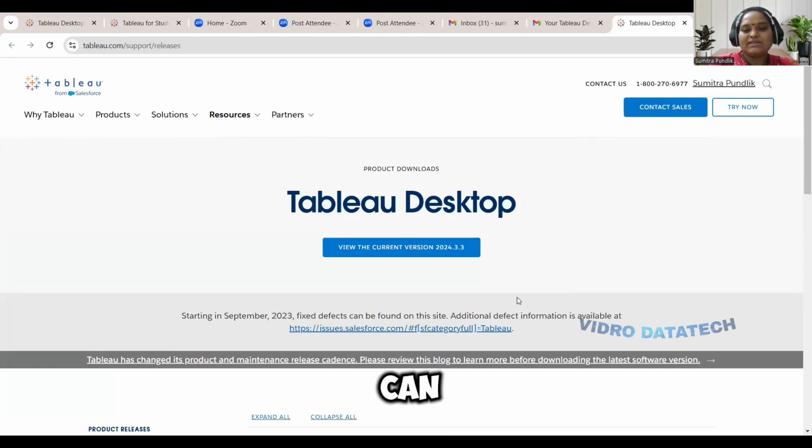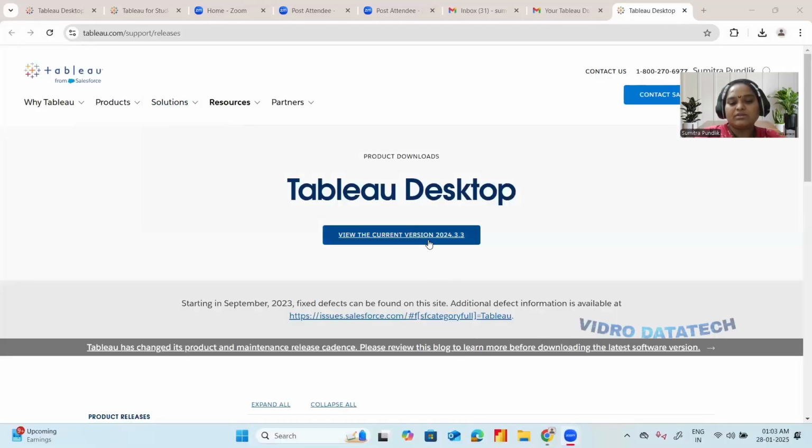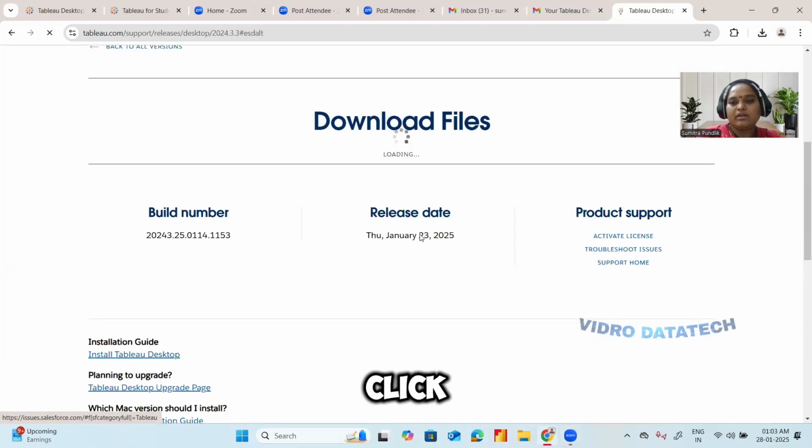Here, if you can see, you will get the Tableau Desktop download. View the current version. The current version is 2024.3.3. Click here.